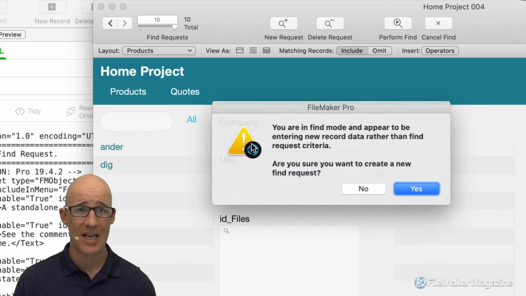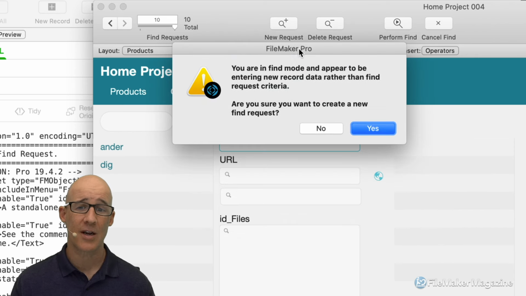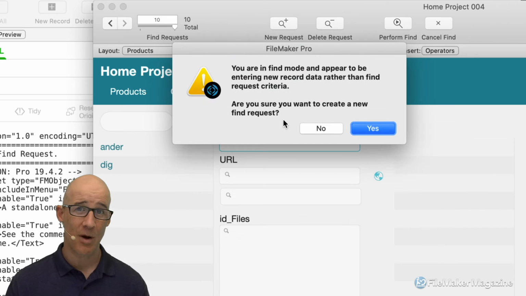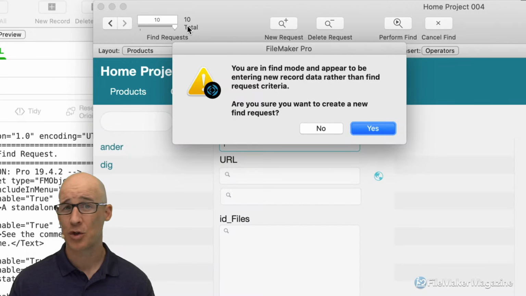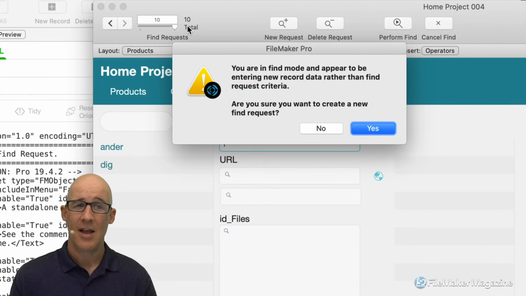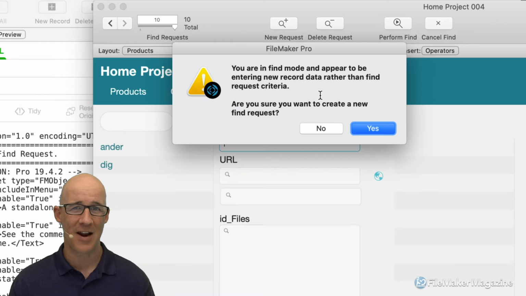New. I think you get to 10, and FileMaker comes up with this right here. You are in find mode. This is a problem that FileMaker had. Users would do this, and FileMaker set this arbitrary limit of 10. You can't control it. There's no settings you can set. That if a user has hit new request while in find mode 10 times or more, we're going to show you are in find mode and appear to be entering new record data rather than find request. Now, this is an odd way, in my opinion, to solve the problem, but they did have the problem,